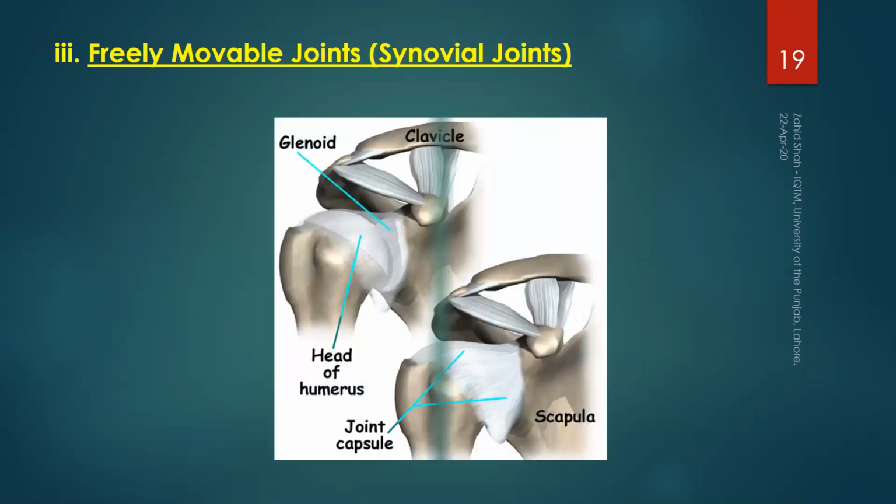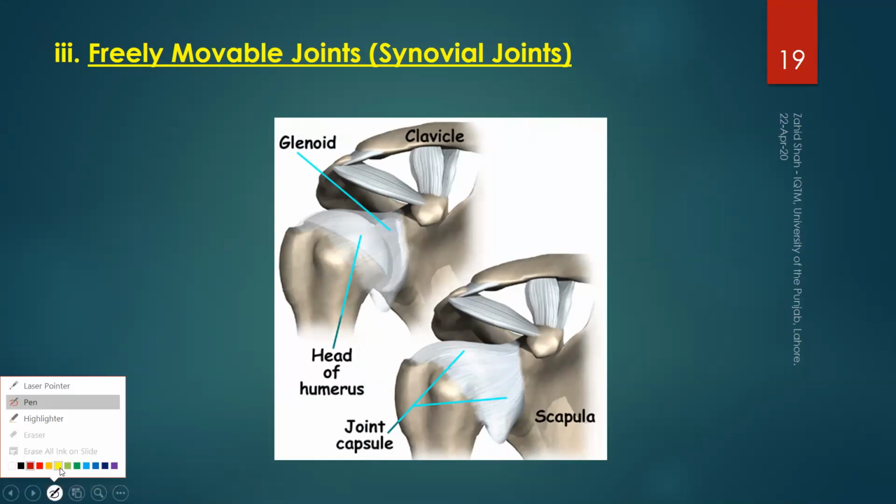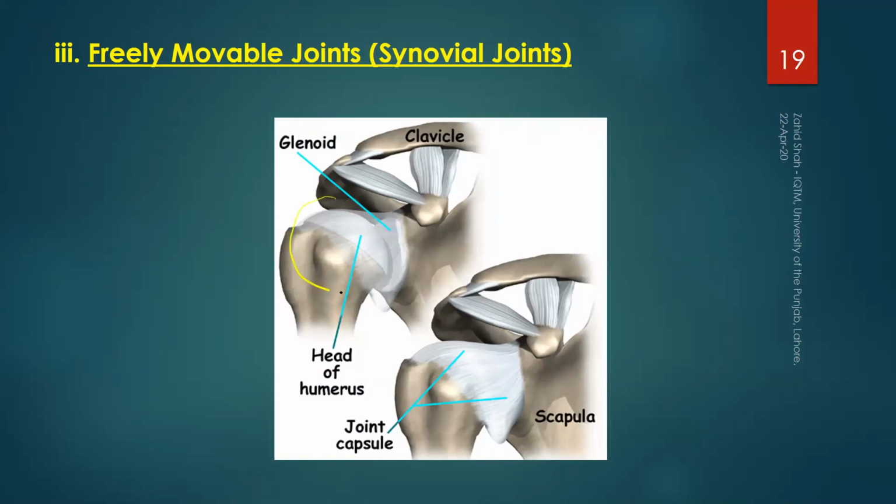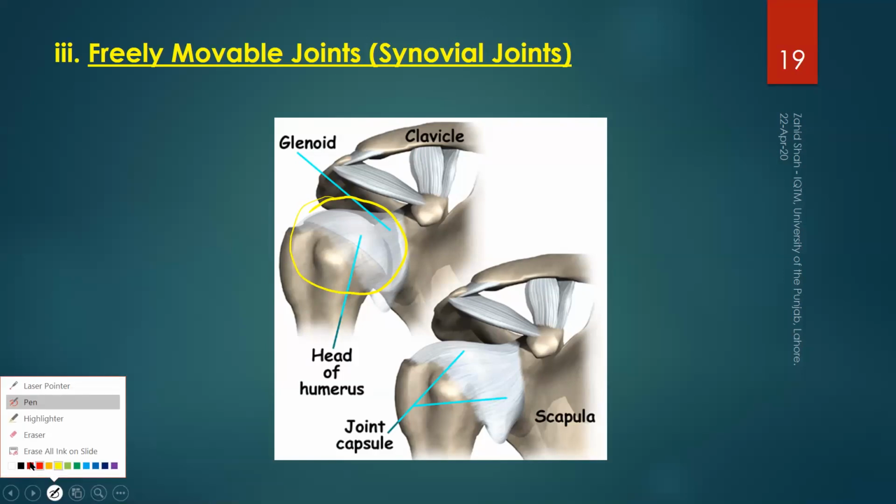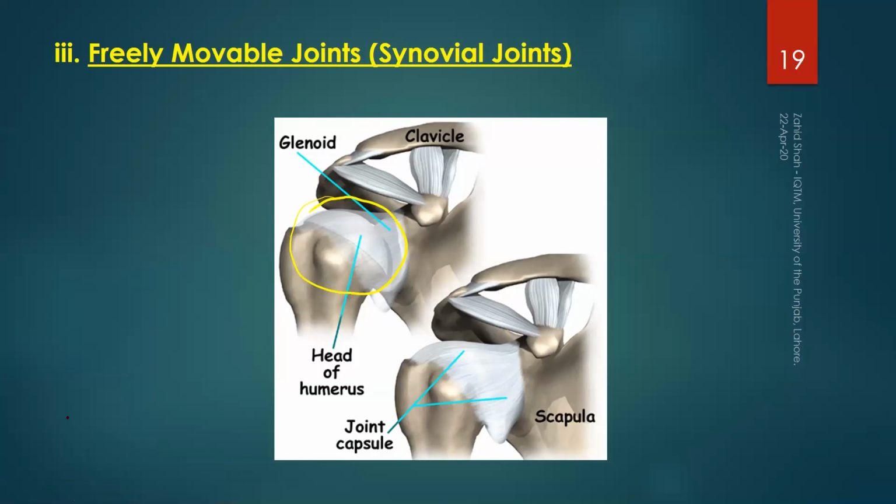And finally, we have synovial joints. These are examples of freely movable joints. For example, your shoulder joint is the classical example of a freely movable joint with respect to movement, and a synovial joint with respect to structure. We will see many examples of synovial joints because our next portion of this lecture will discuss synovial joints in detail. So your shoulder joint, the joints of your fingers, your wrist joint, your elbow joint, knee joint, all are examples of synovial joints, and they are all freely movable joints.